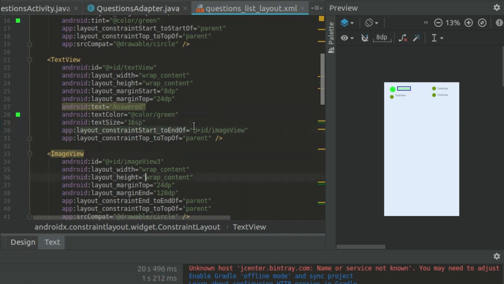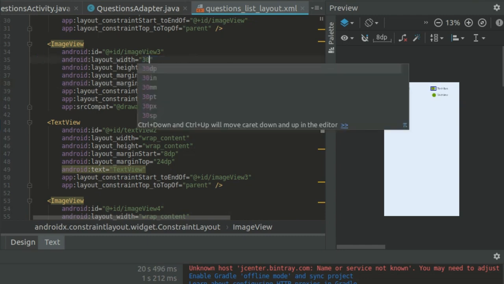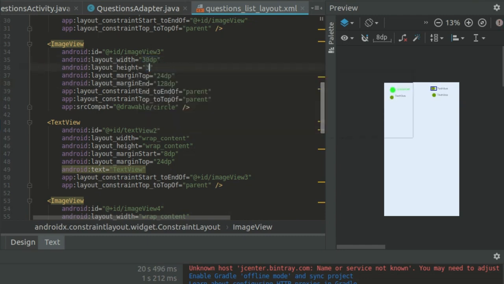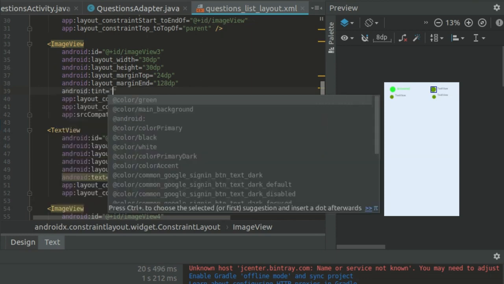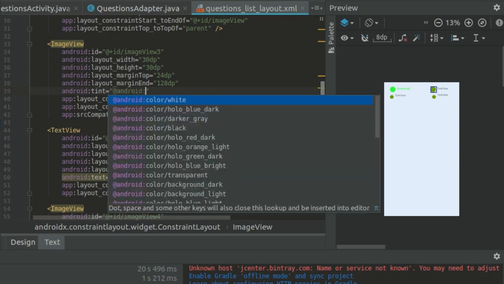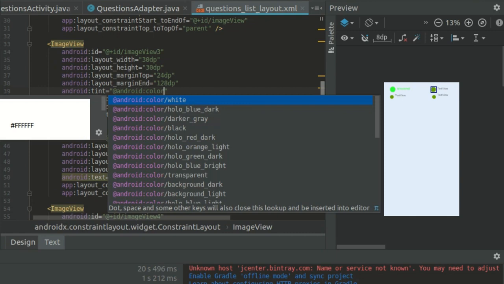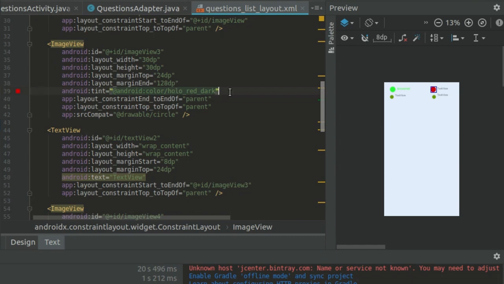Then it seems fine. Now next, come to the next image view. Here change its width and height to 30 dp, and change its color to red. Let's say @android:color/red, dark red. Okay,